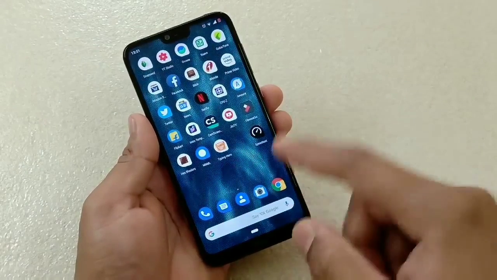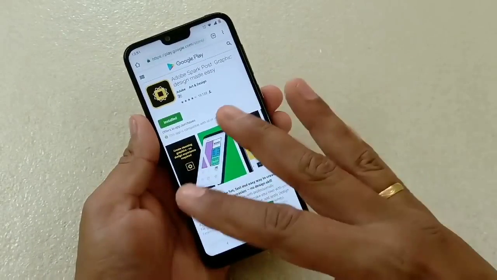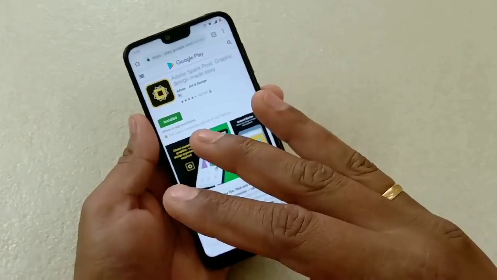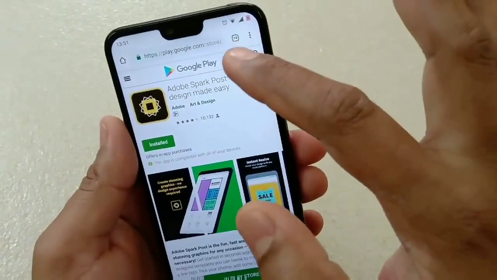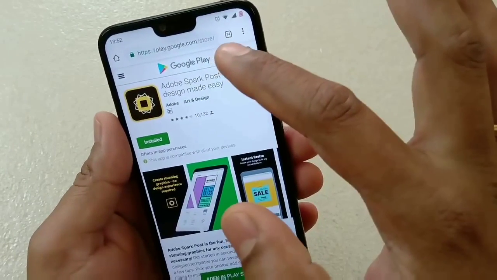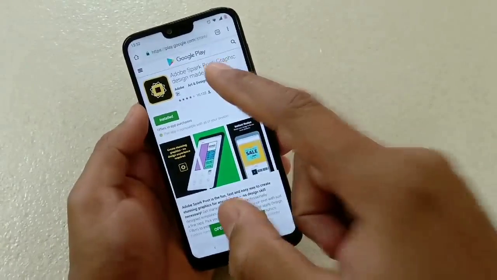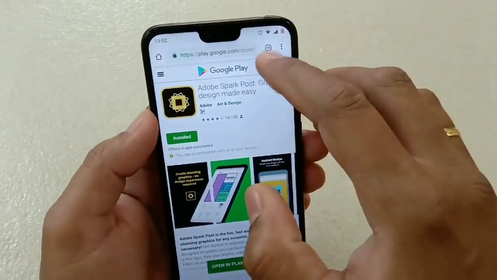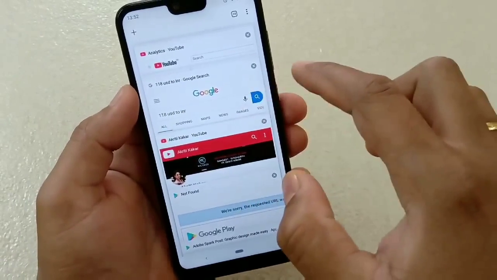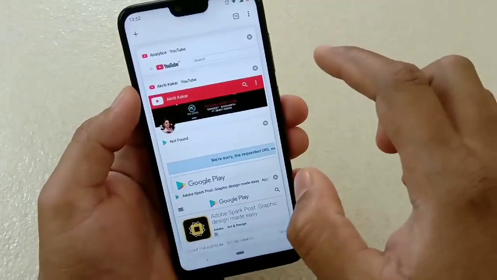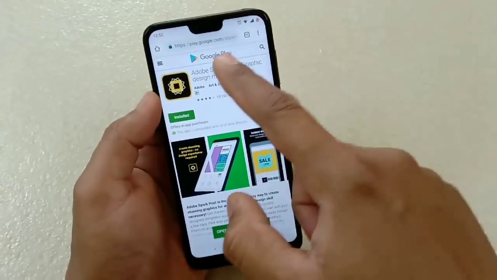Next thing is about the Chrome app. Nowadays we do a lot of online searching and we use a lot of things on net, right? So it may happen that you have opened a lot of tabs. Here you can see that 14 tabs. Now normally what we do, if we have to jump onto any particular tab, normally we tap here and then we select, right? Or if we have to close any, then close it like this, right? But what you can do, instead of doing it like this, you can simply swipe it like this,